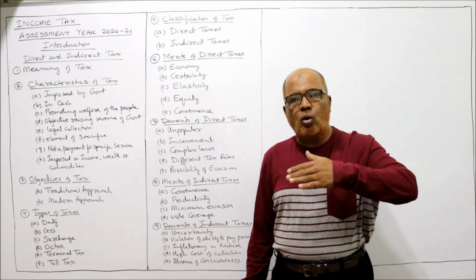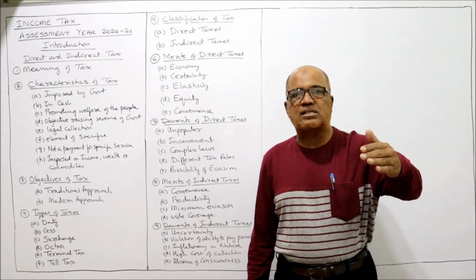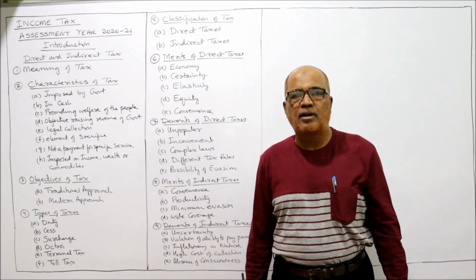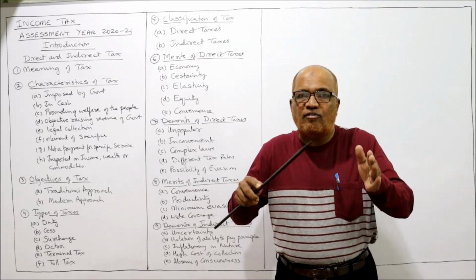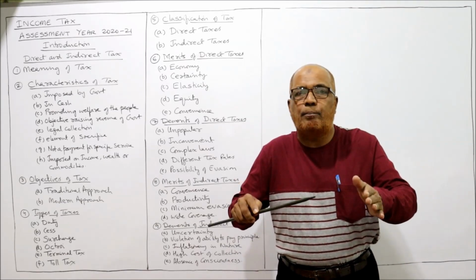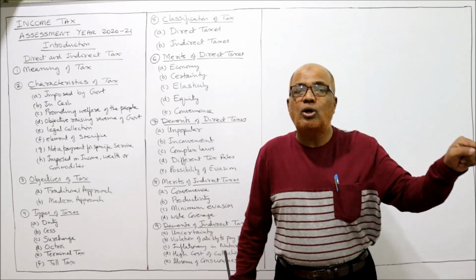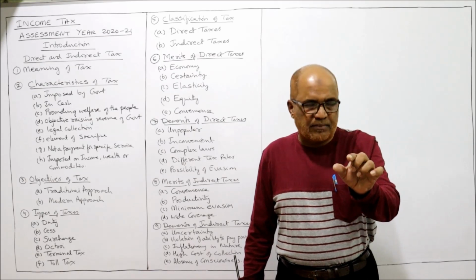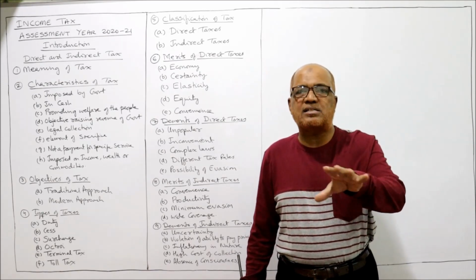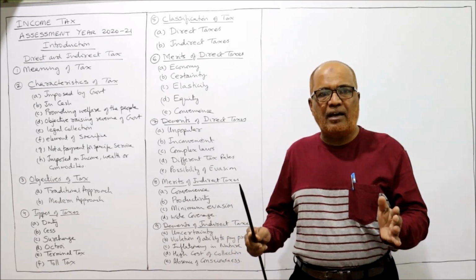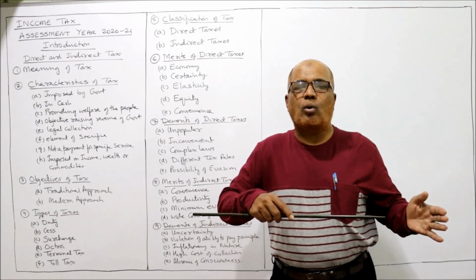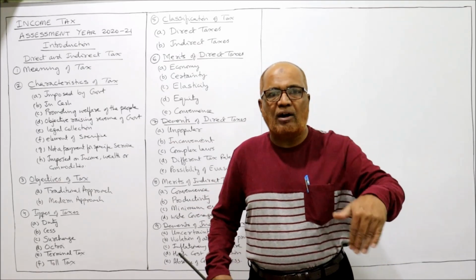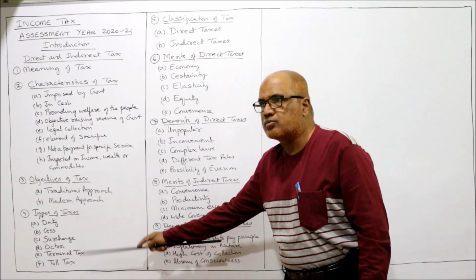When people go by buses, cars, trucks from one place to another place, at the time of using the road or using the bridge, they have to pay toll tax. So only for travelers traveling through car or bus or any other vehicle, using a particular road or particular bridge, they have to pay toll tax. These are the different types of taxes.